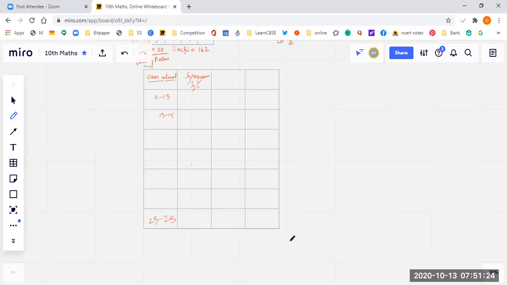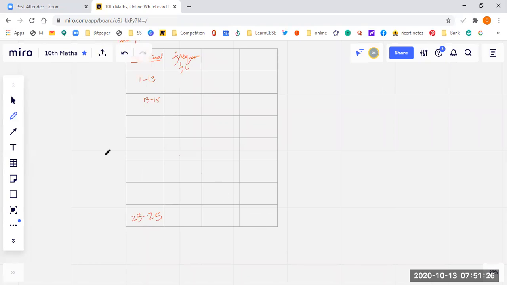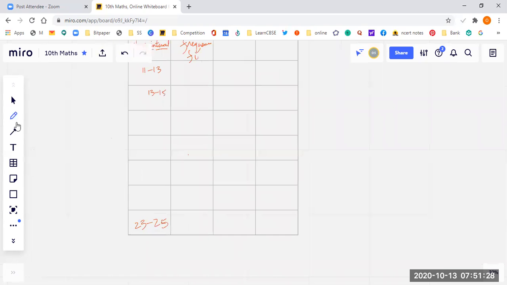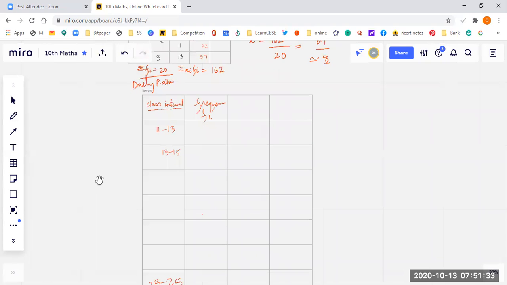So what is the meaning of frequency, students? What is the actual meaning of this? We need to know that also. It means that this is the money, the daily pocket allowance. It's the money. This much rupees, like 11 to 13 rupees,